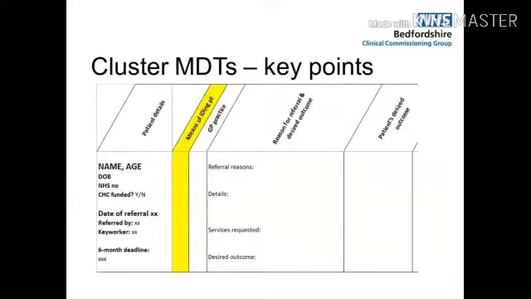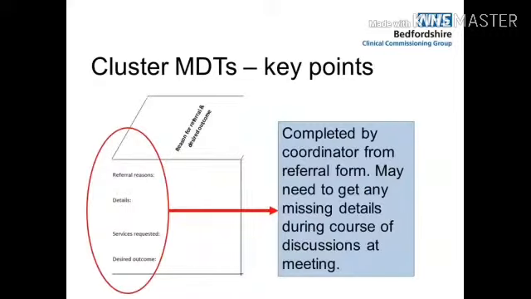So if I just have a look at the actual patient log, hopefully this is fairly familiar to all of you. You should have, for each of your groups, a log for all of your patients, which the first few columns look something like this. And I just wanted to go over what those bits are, why they're there, and what they're intended to achieve. So the first one is usually the third column along, and these are all